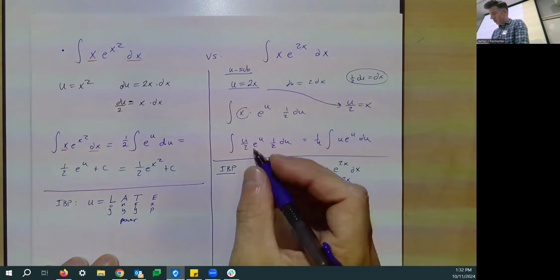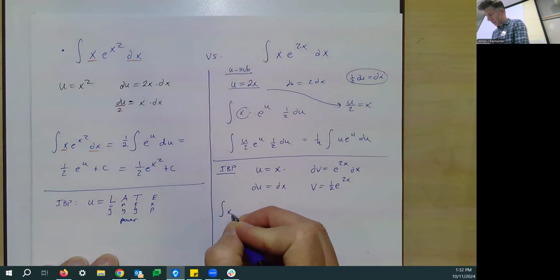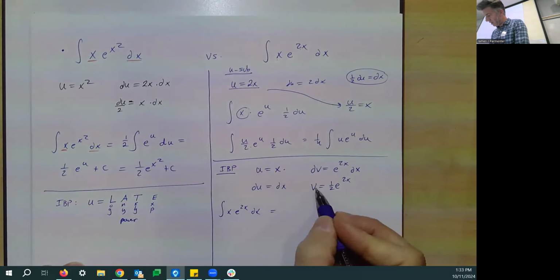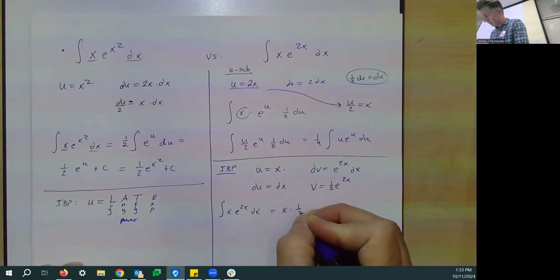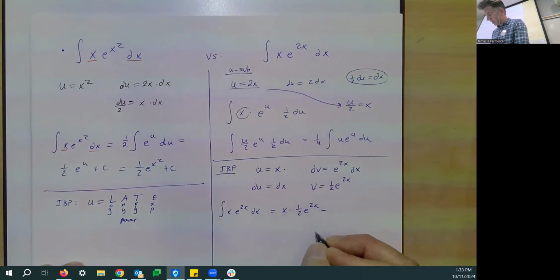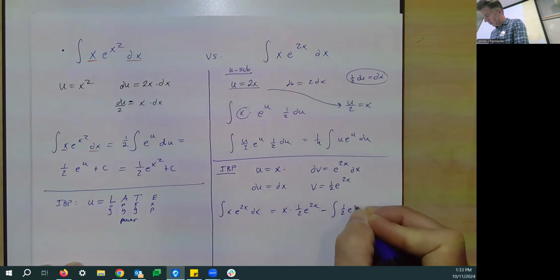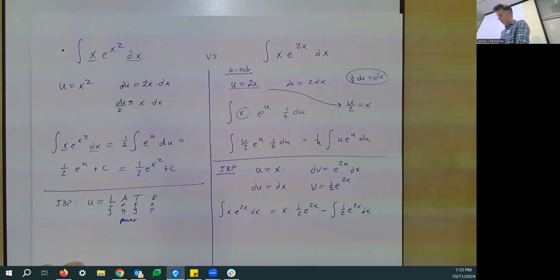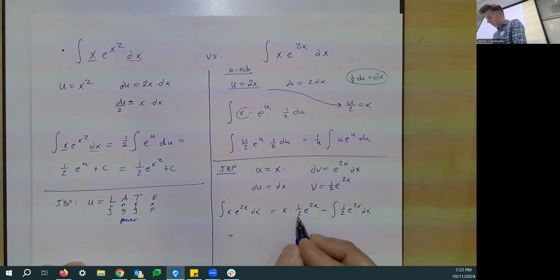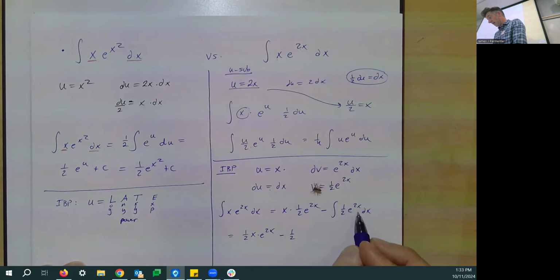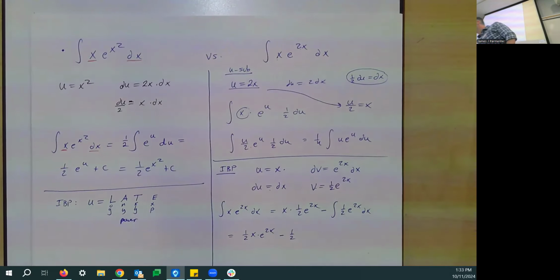So then we're going to write that our integral of x e to the 2x dx is equal to u times v. So x times 1/2 e to the 2x minus the integral of v times du. So minus the integral of 1/2 times e to the 2x times dx. And we're almost there. This first part is just 1/2 times x times e to the 2x. This next part is minus 1/2 times the